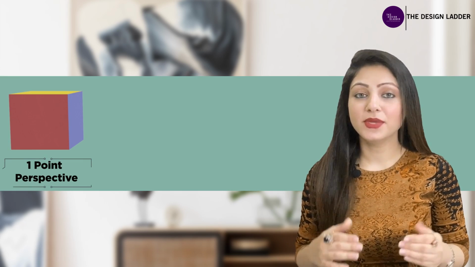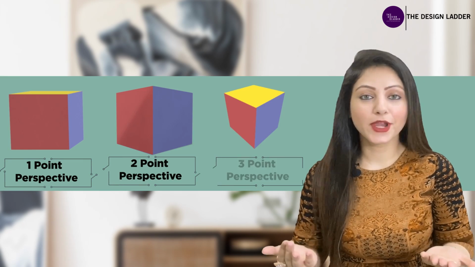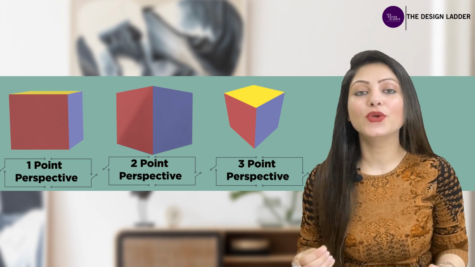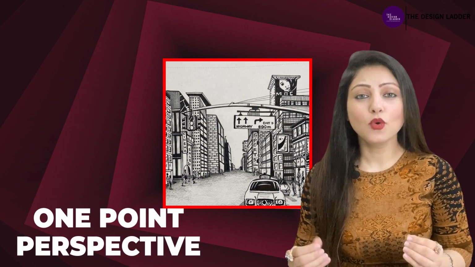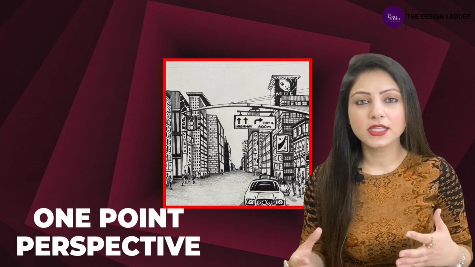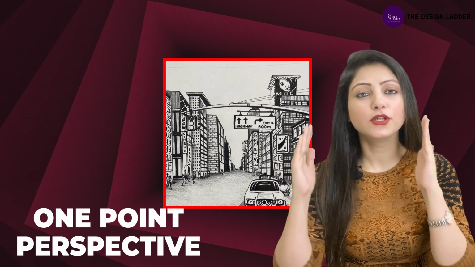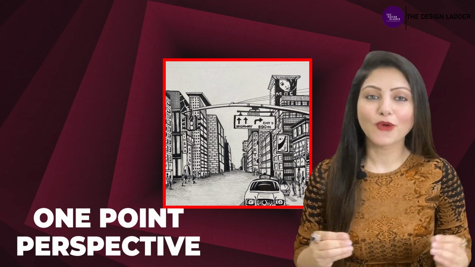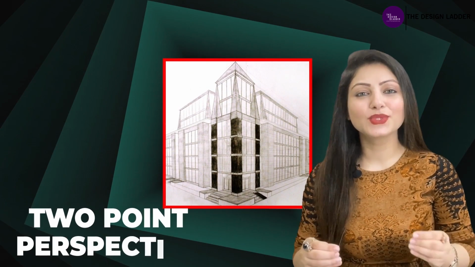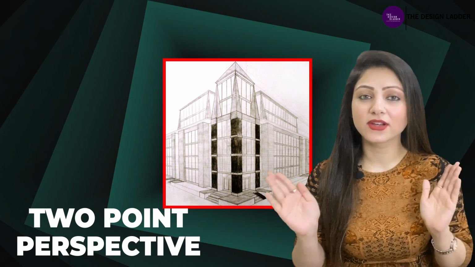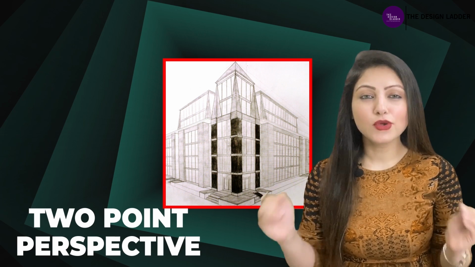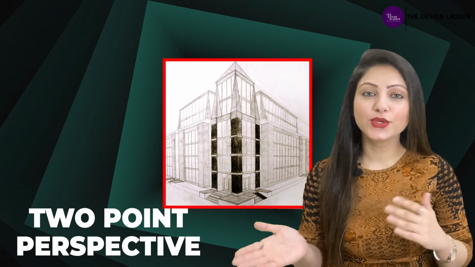So now did you see that the same building or the same object can be in 1-point, 2-point or 3-point perspective depending on what angle you are viewing that object or the building or the scene from. 1-point is mostly used in scenes where you are part of that scene closely. You are in that scene, like a closed market scene or something like that, where you are particularly looking in one direction. Try to use 1-point perspective. 2-point perspective is mostly used in scenes when you are trying to diverse the scene and show 2 different sides, 2 different directions of one particular scene and viewing that scene from quite a distance. Then you use 2-point perspective.